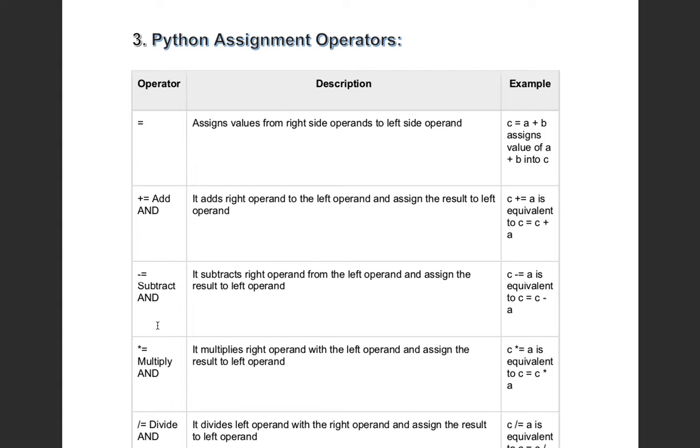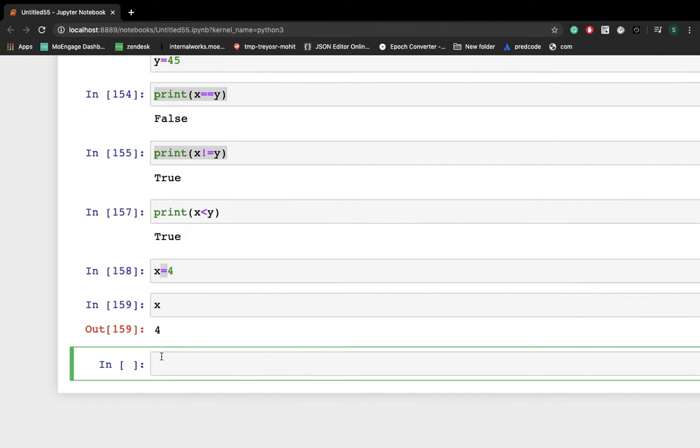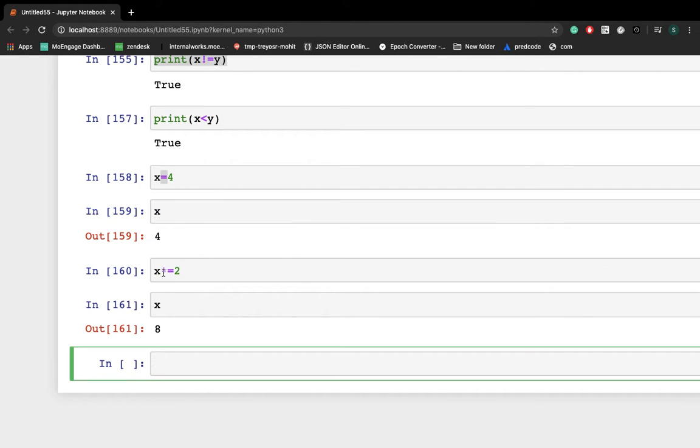Similarly, you can do the same thing with these operators. Let's say you are writing x multiply-assign 2. It's very similar to x is equal to x into 2, which will be 8. If we print x, you will get 8 because it's very similar to x is equal to x into 2.